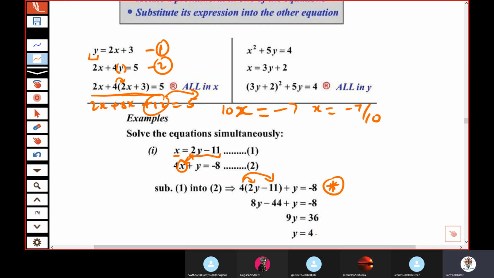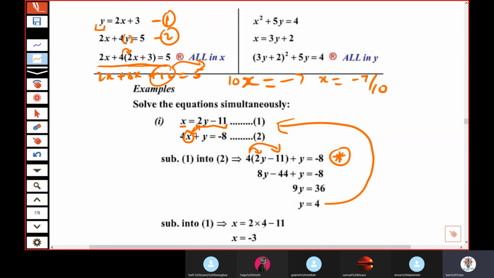Once you find y, what are you still meant to find? X. So sub it back into number 1. Because you can already find x by making it 2 times y, take away 11. So this method's actually easier to